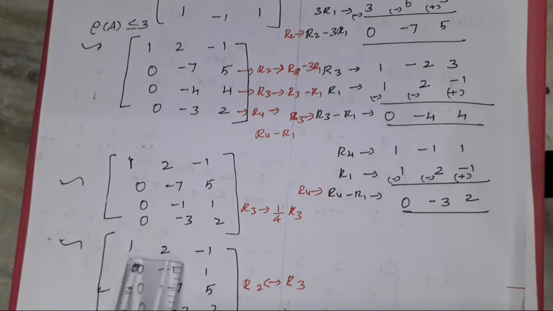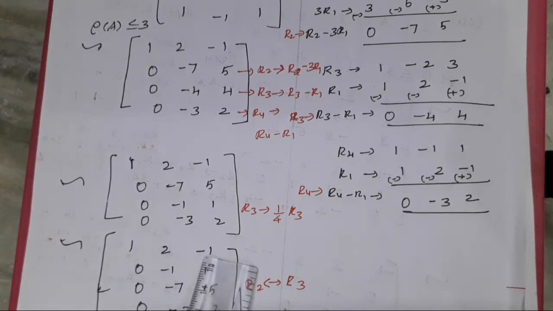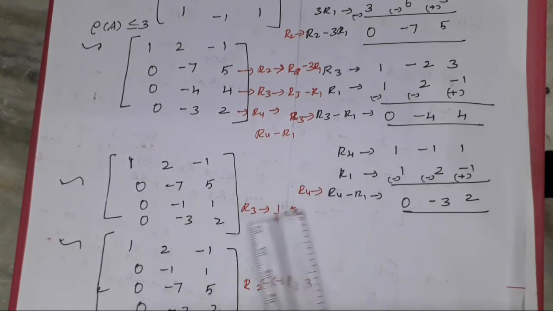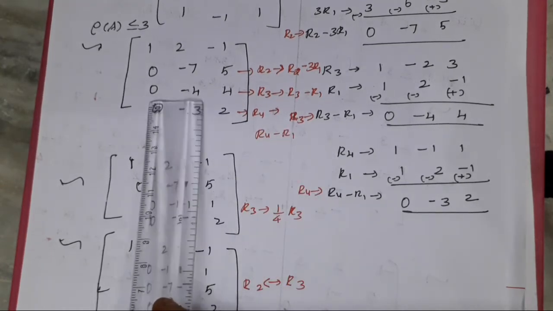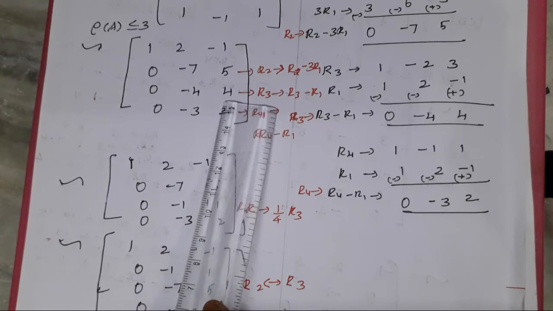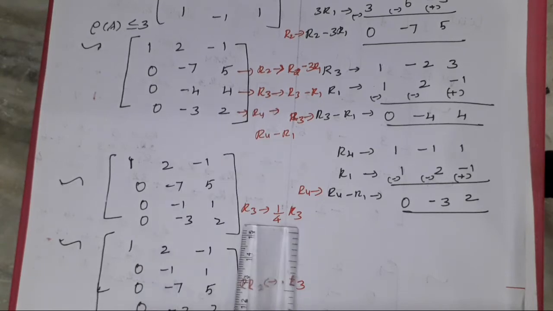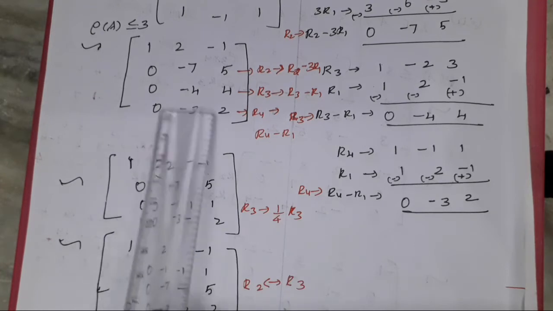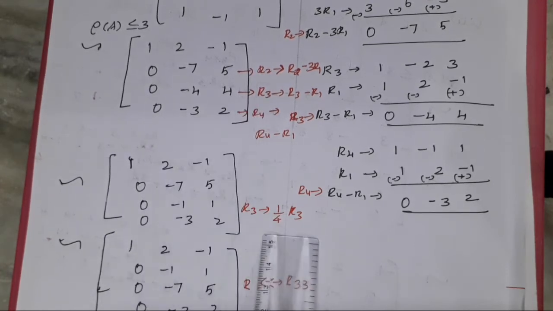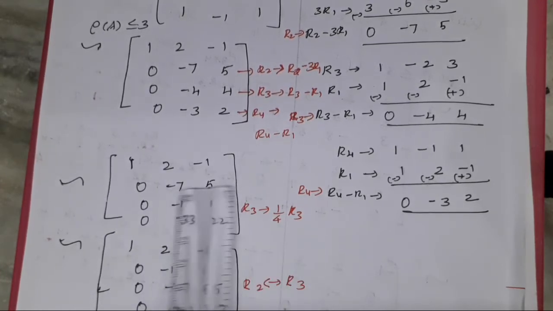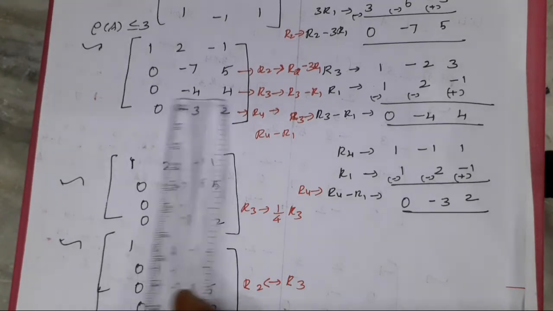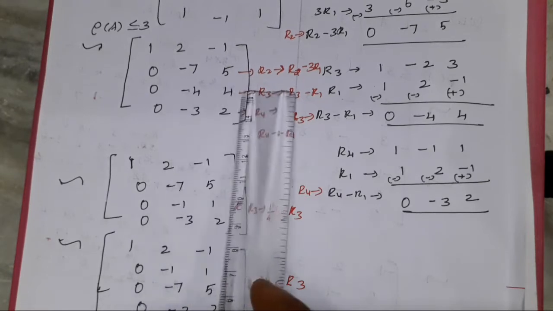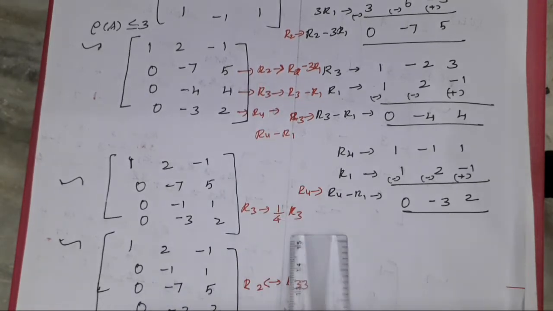Write it. What is R1? 1, 2 minus 1. Write it as it is here. Just after the interchange. Before the interchange, one more step is there. Here the third row becomes minus 4 plus 4, so divide by 4. So I write the step here: R3 is divided by 4. We want it to become 1. If it is 1, it is easy for the calculation. So this is the third step: R3 gives R3 divided by 4.